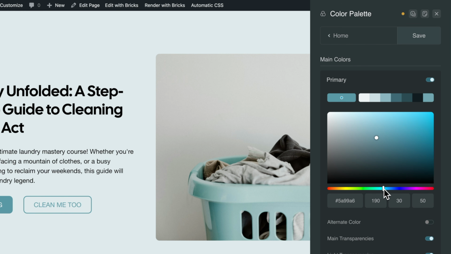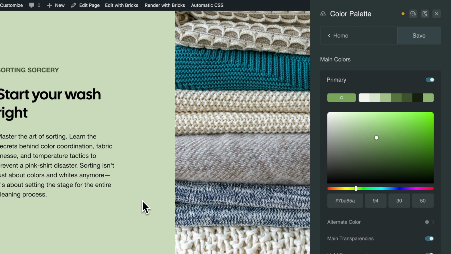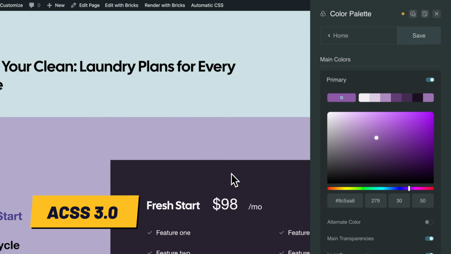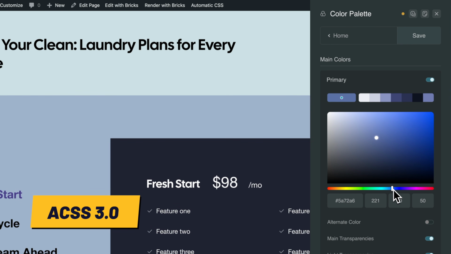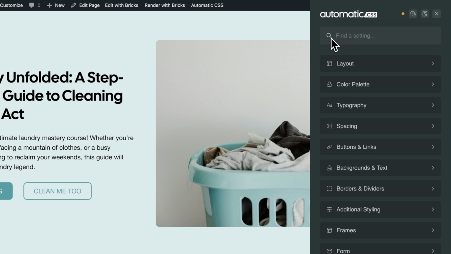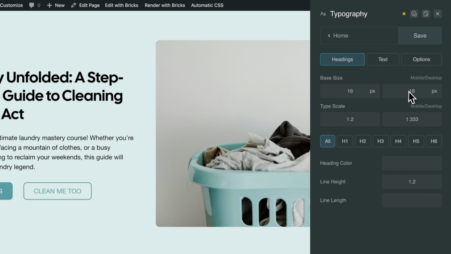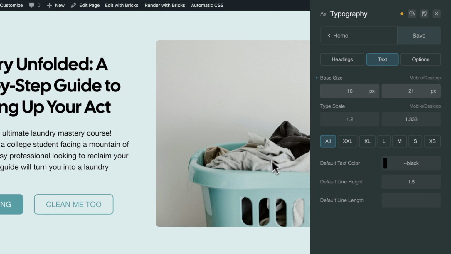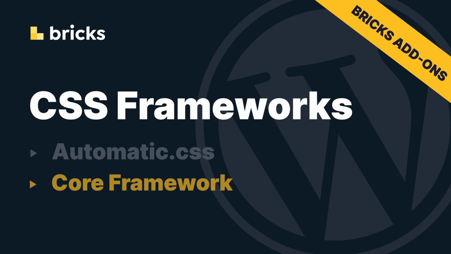Now, actually, I need to qualify this. This front end interface workflow is how things will work soon in ACSS 3.0, which is landing with us very shortly, at the time of me recording this anyway. I've been an alpha tester for a few weeks now, and this front-end workflow just means you don't have to go hunting somewhere in the WordPress admin area to amend the framework settings, which is all pretty much exactly the opposite of Core Framework.